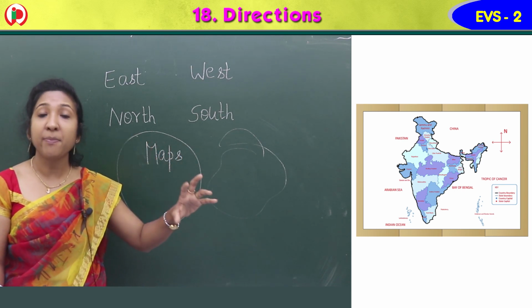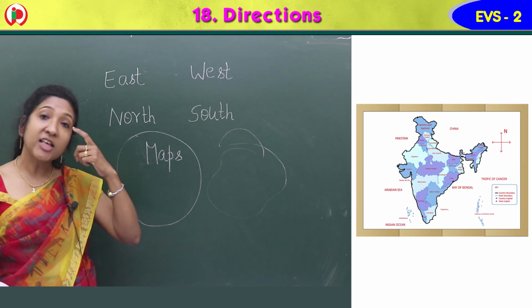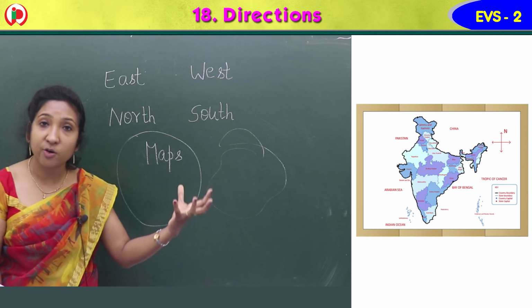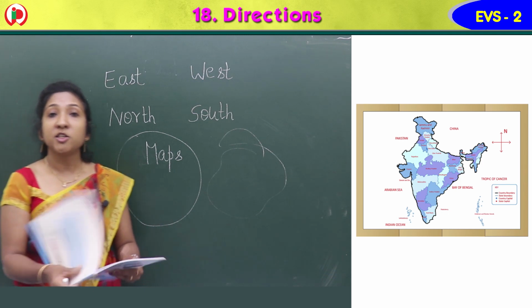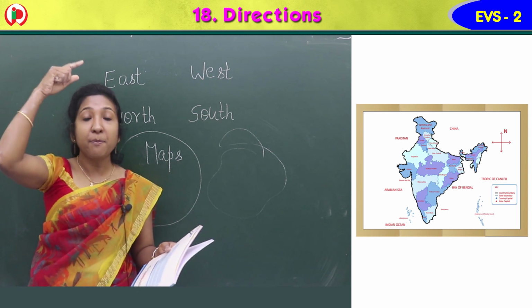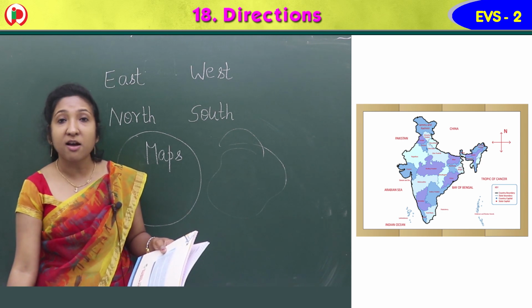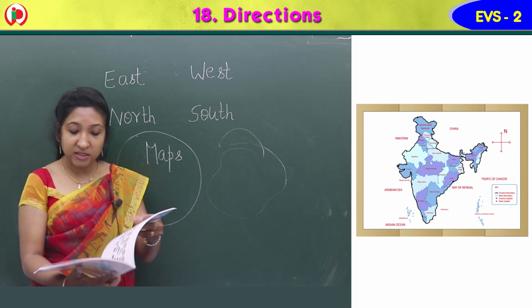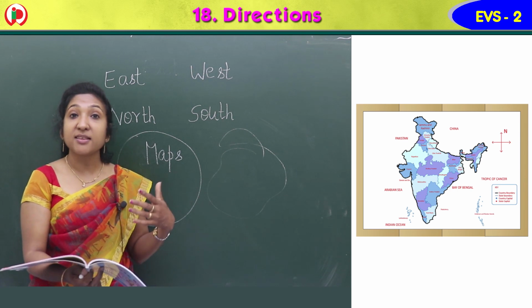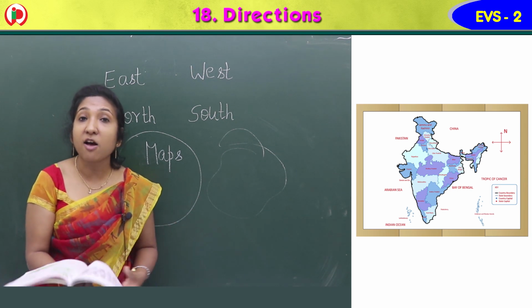On a map, directions are shown in a different way. Top or up is always north, bottom or down is always south, left is always west, and right is always